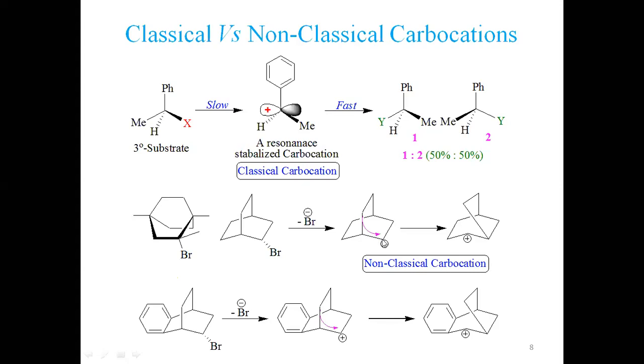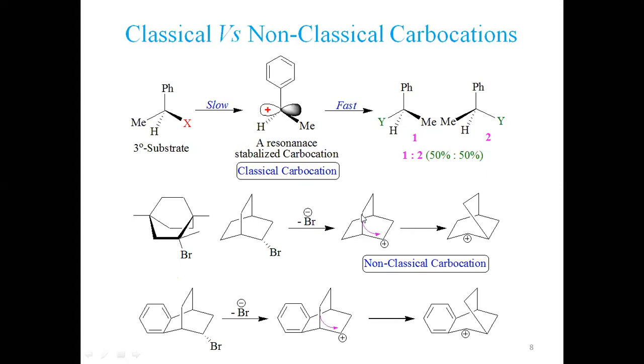This is what we call migration or molecular rearrangement. Anything which migrates from one to other is called a migratory group. This is the migratory origin and this is the migratory terminus. The center where the migration starts is the origin, and where it ends is the migratory terminus. This is the group which is migrating from here. This is the migratory group, right?